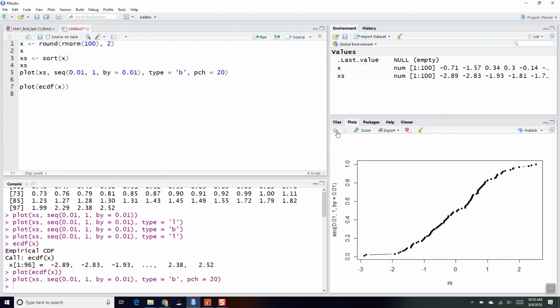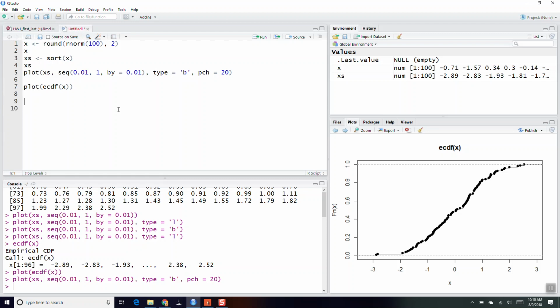They're pretty much the same, right? So if you just ask R to create your empirical CDF, this is what you have, and you can superimpose this against the